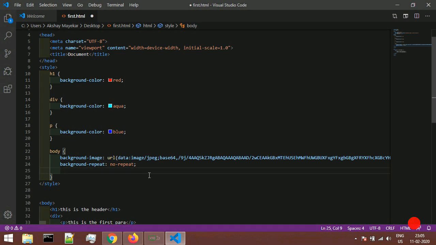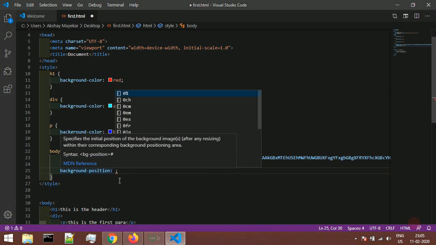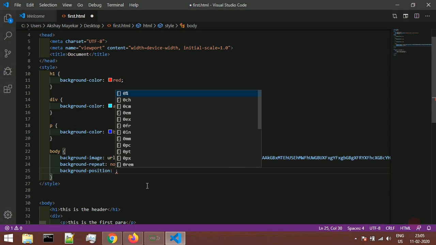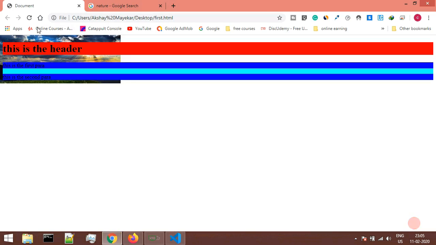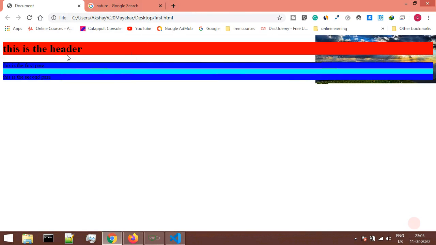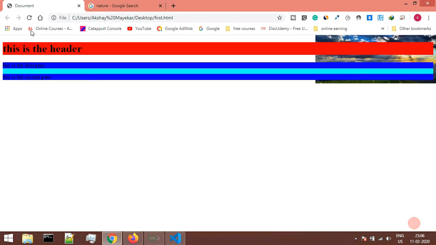And if I want to give the position to this image, then I could do that as well. I'll be saying background position, which is this one, and whatever position that you want to give, you could give that. I'll be saying top right. Okay, so this is how you could give the image position, which will be shown on the top right hand side. If you are saying bottom right and saving this code and refreshing this page,